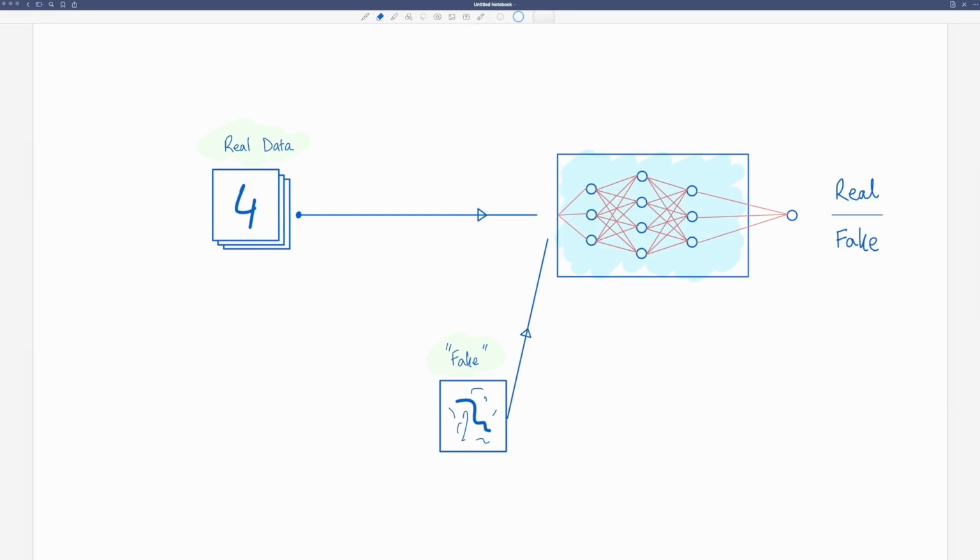Imagine that you have a bank teller sitting at their bank, and a person comes in and tries to give them a $20 bill or note, depending on which part of the world you're from. So they give them this $20 note, and the bank teller says, this is a fake. This doesn't look like a real one because it doesn't have the proper features that a real note has. Right? So a fake is identified by the bank teller very easily because it's a very obvious fake. Okay. But if a proper, real, genuine note is presented to the bank teller, they say it's real.